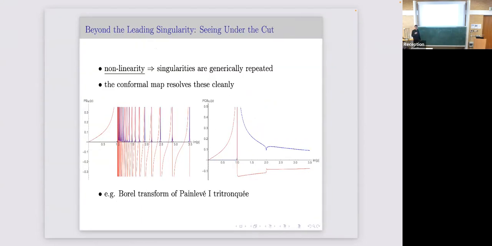This conformal map has another advantage: very often in physics applications, this leading dominant branch point is telling you about the leading non-perturbative effects. If it's a nonlinear problem, and most of the problems we're interested in are nonlinear, these will generically repeat in integer geometry. Okay? Now, suppose you just do Padé, you see a whole bunch of poles here, and how do you